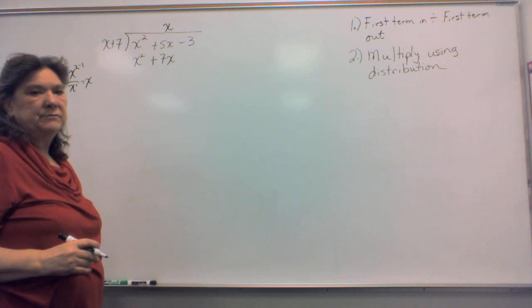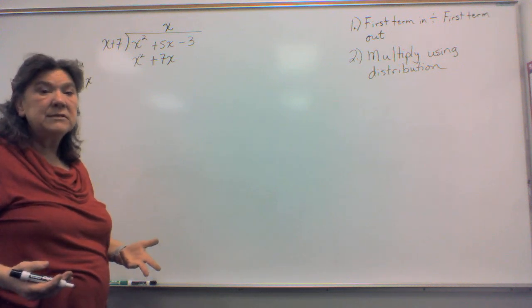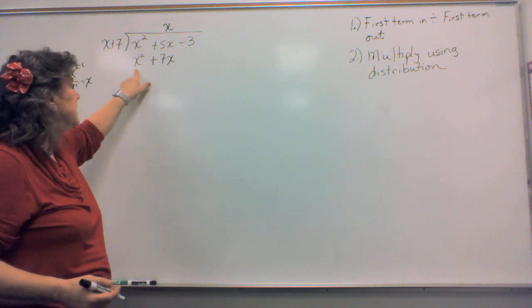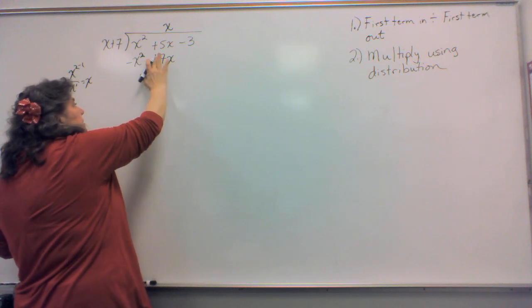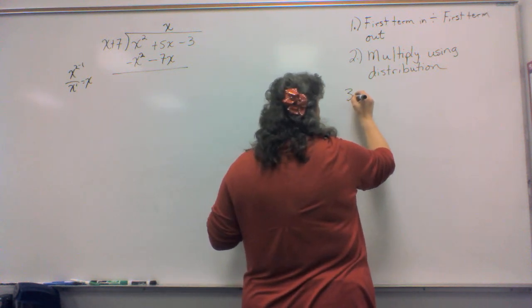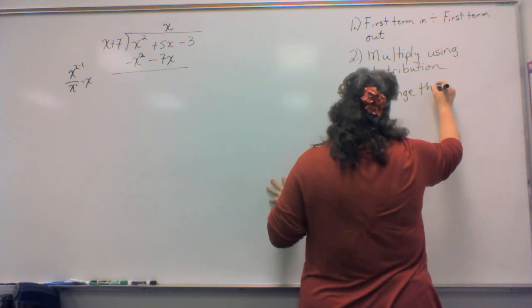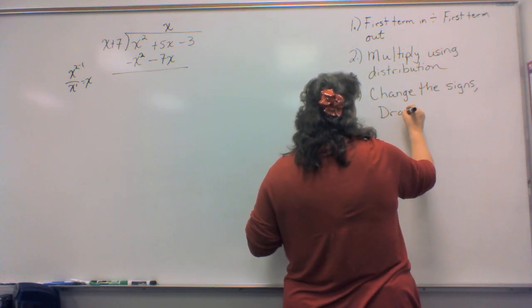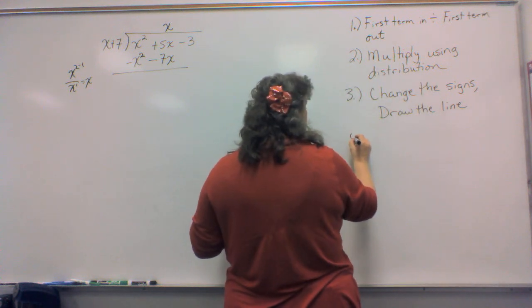Now what's going to happen? Well, we multiply by using distribution. Normally we would subtract, but our subtraction is going to take place with a changing of the signs in this row here. So x squared becomes negative x squared, plus becomes minus 7x. So our next one is change the signs, draw the line. And then my last step,